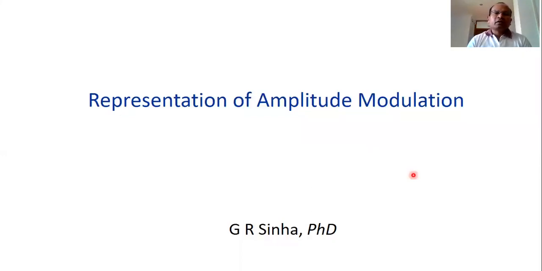Representation of amplitude modulation is the topic for today's lecture. We know that amplitude modulation is an important modulation method in communication systems. In previous lectures, we have seen the basic introduction of amplitude modulation and why modulation is needed. Now in this lecture, we will discuss how amplitude modulation is represented in a mathematical